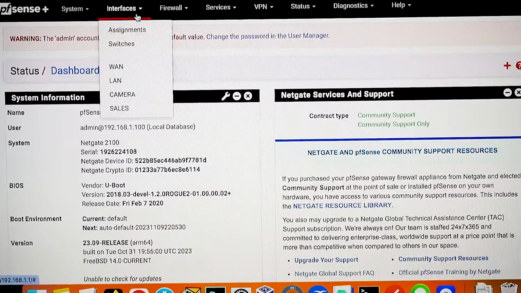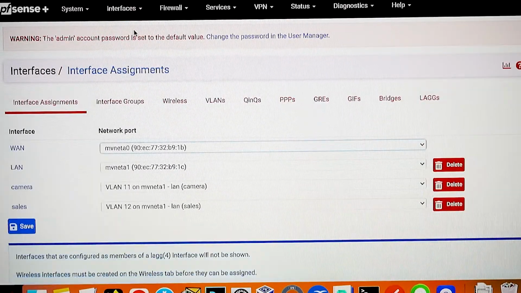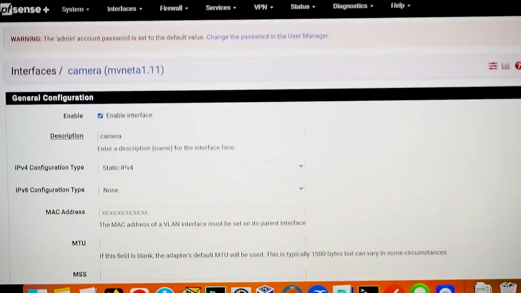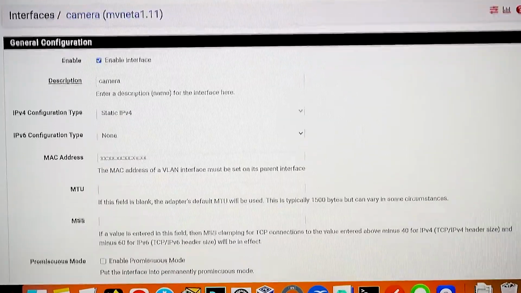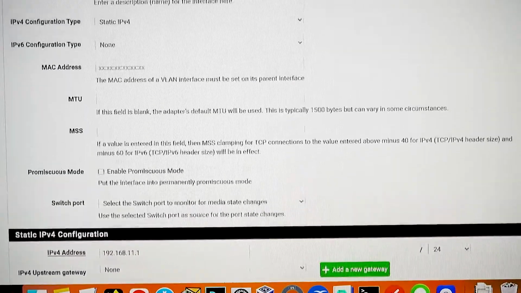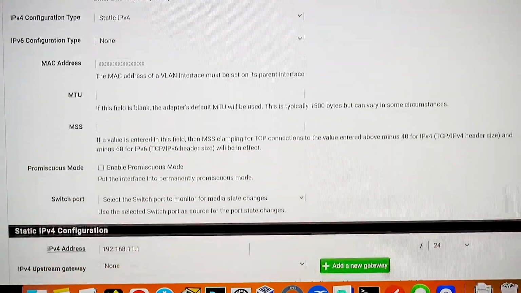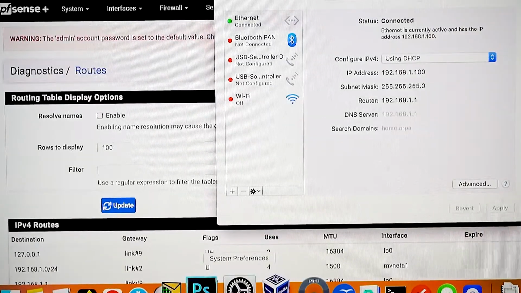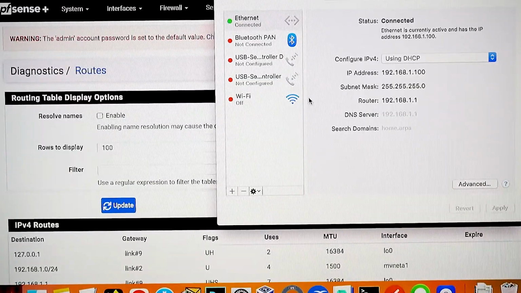If we come over to interfaces, assignments, you can see I already have a couple of VLANs already created, the camera VLAN, the sales VLAN. If we click on one of these, you can then see that I have already given a static IP address to the camera VLAN, which is 192.168.11 network /24. On my Mac, I am plugged into my pfSense VLAN, which is the native VLAN. That is how I'm able to get to